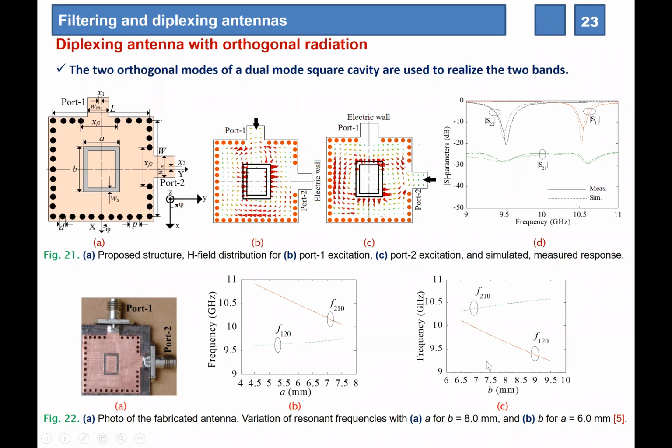Now, how these things are happening, all the details are provided in that paper. Those points I am not going to discuss here. You can go through that. But the fundamental design approach is like this: one symmetric cavity, TE102 and TE201 are the same, but we have placed one asymmetric slot, and that is helping the frequency separation. And here you can see the isolation is around minus 27 to 28 dB at the band of interest.